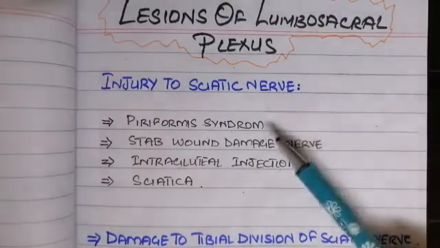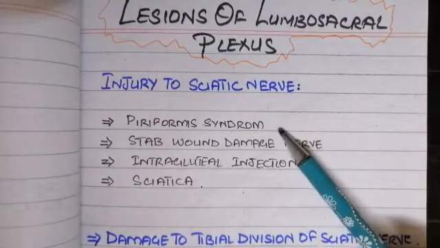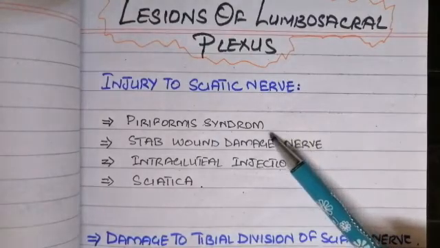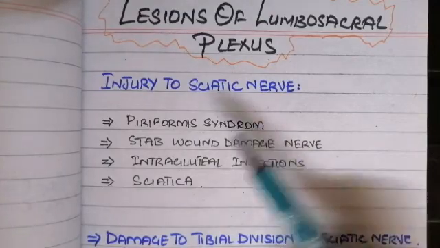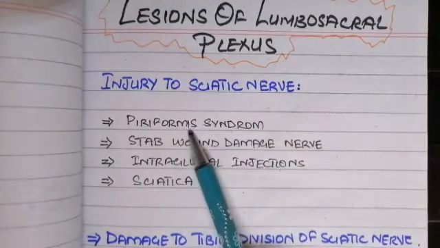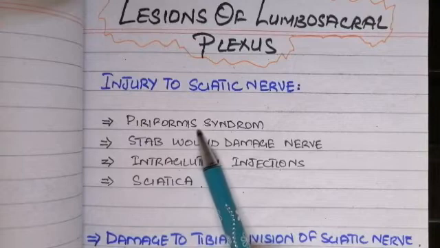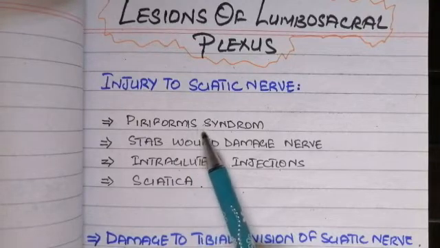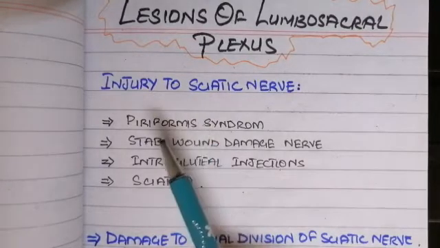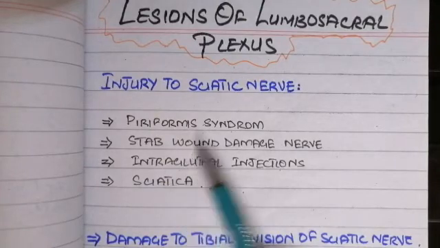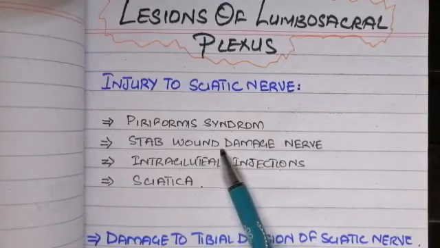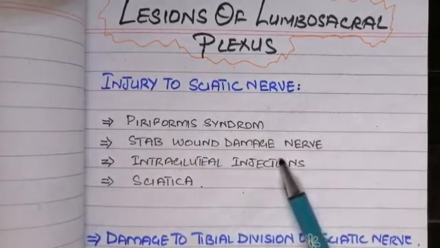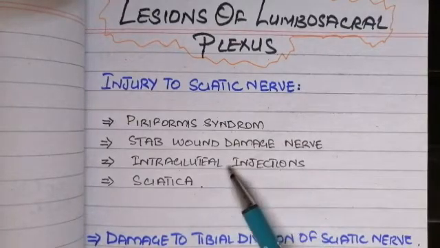We have discussed that the sciatic nerve passes through the greater sciatic foramen, which is covered by the piriformis muscle, and this nerve passes inferior to the piriformis muscle. So, in the syndrome called piriformis syndrome, the piriformis muscle may cause compression of the sciatic nerve. Then there will be an injury of the sciatic nerve. There may be a stab wound or damage. Any stab wound, a knife or any other wound, can damage this nerve directly by piercing the skin and the subcutaneous tissue.